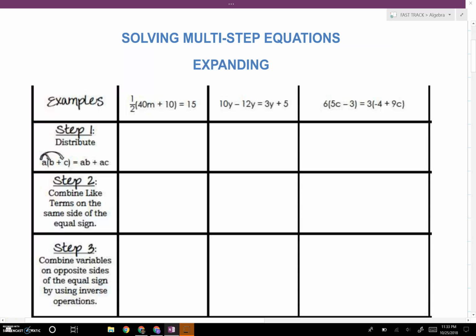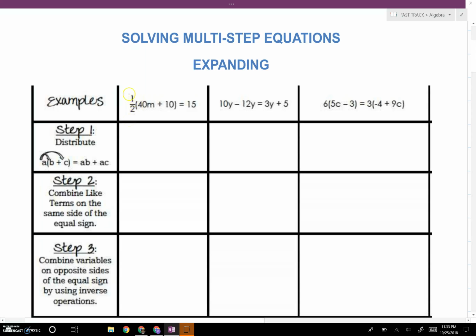Okay, so today we're going to be talking about multi-step equations. Some of it you've already seen. We tackled a couple in the last video. So I want you to follow the steps that are listed on the left-hand side. So step number 1 says